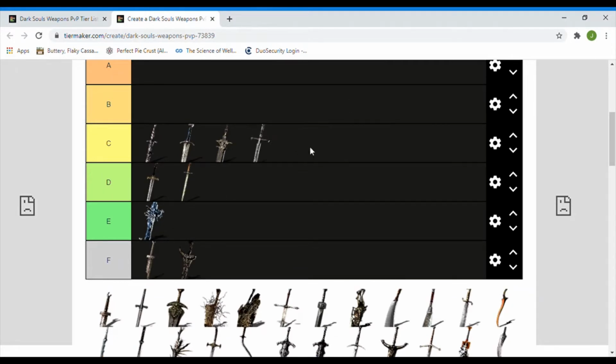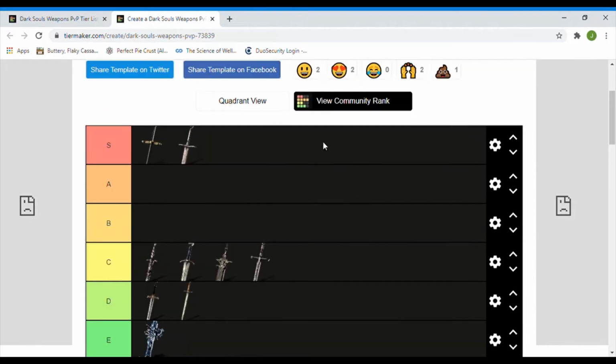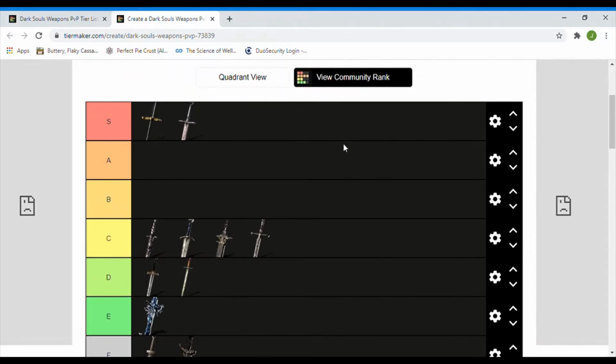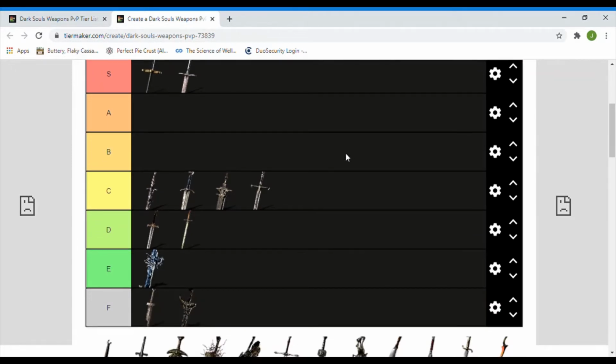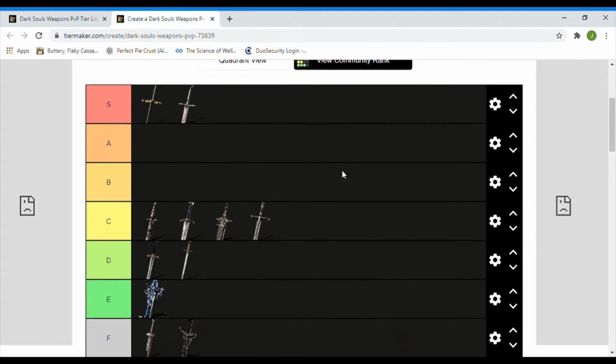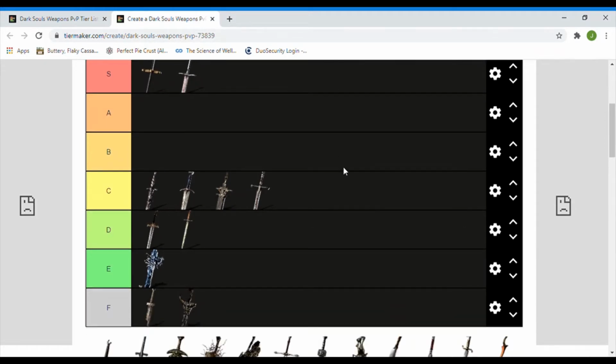Silver Knight straight sword, Silver Knight sword. That's a C tier weapon. Doesn't really do anything that the other longsword class weapons don't. Lacks a good thrusting attack, or a reliable thrusting attack at least, and it has the range of basically the Balderside sword, but it's just not